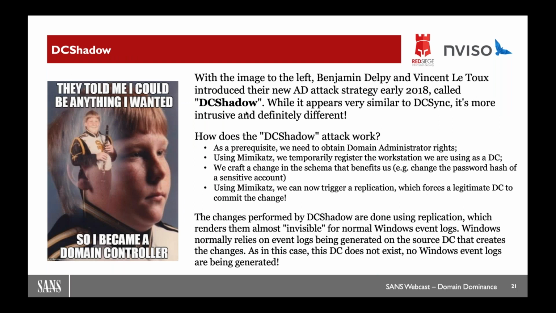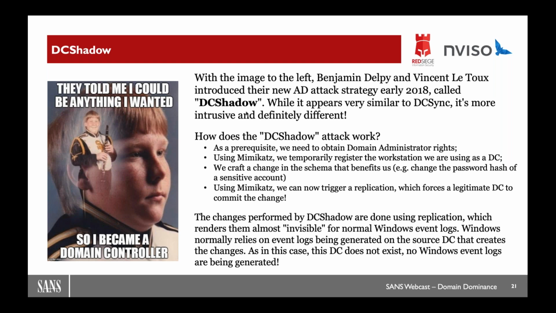DCShadow, building forward on this. What is DCShadow? We can take this a step further. It's similar to DCSync, but it's a bit more stealthy and a bit more dangerous as well. This is a pretty new attack strategy, highlighted by Benjamin Delpy and Vincent Le Toux in 2018.